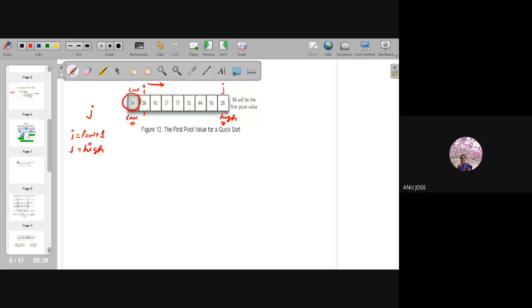If the element present in the ith location is smaller than my pivot element, then I will be incrementing to the next immediate value. Currently the i value is 1. The array is named A, so what is the value present in A of 1? Which value will be present in A of 1?